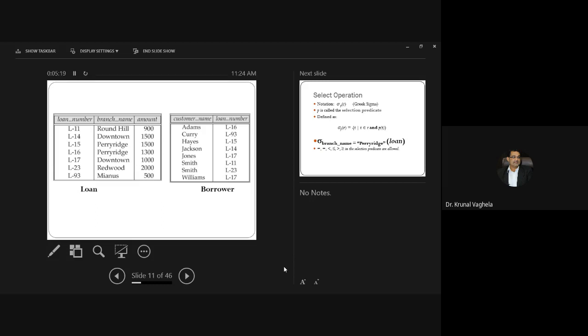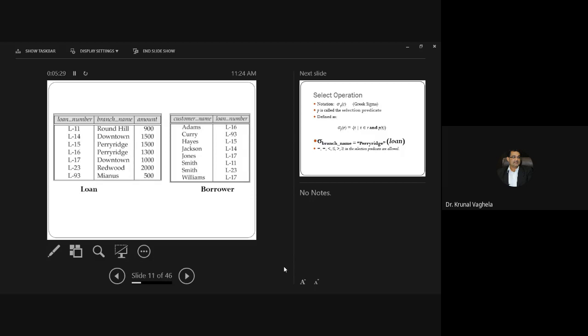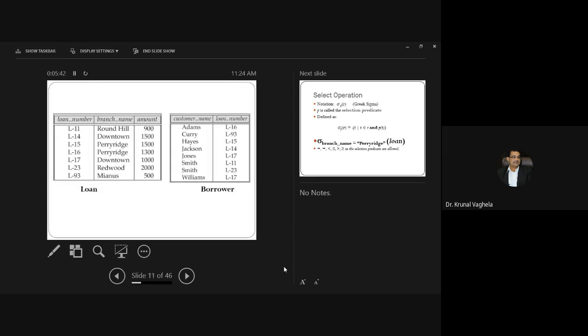Simple. So select, what is the name? Amount greater than 1300, but 1300 will not be in quotes because it's a number, not a string. Into the bracket, loan.